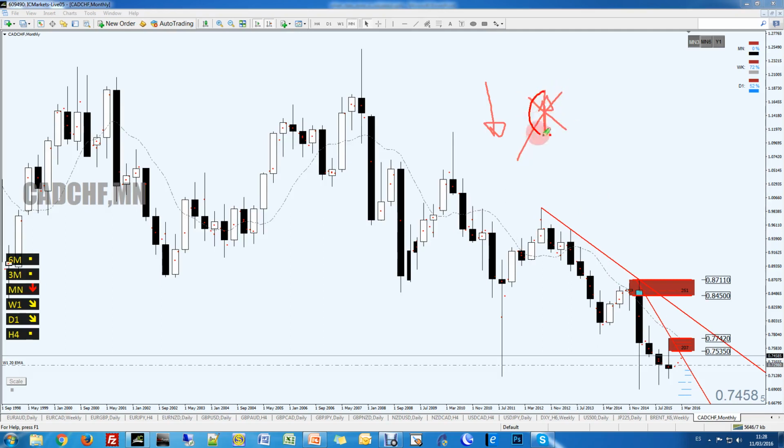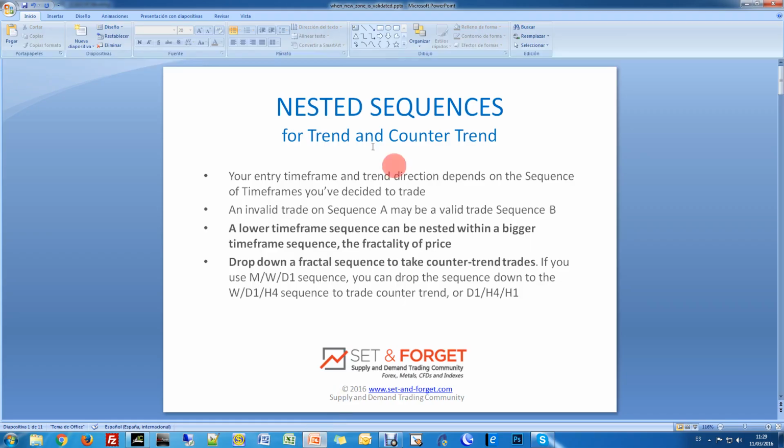So we cannot take trades on the monthly, but we are allowed to take here. And that is a monthly area of demand within the 3 months area of supply. So price could start rallying on the 3 months here, breaking areas of supply on the monthly, and then realign again with the 3 months chart and downtrend. That's the sequence, the realignment. That's the power of the sequence, and that's the power of the